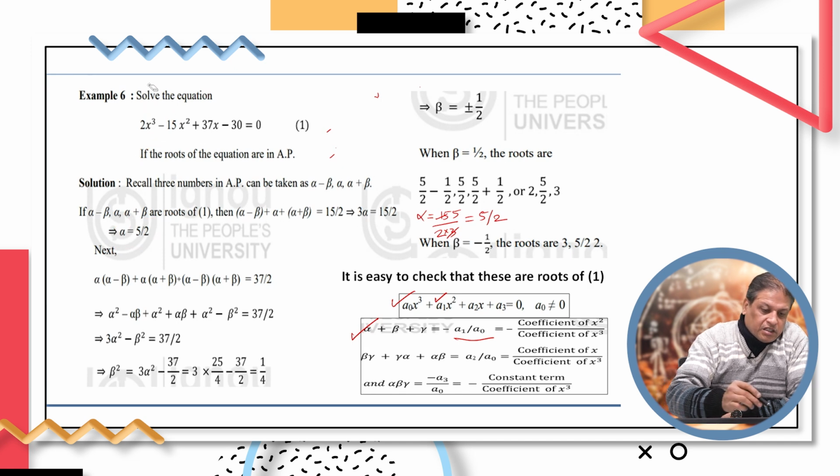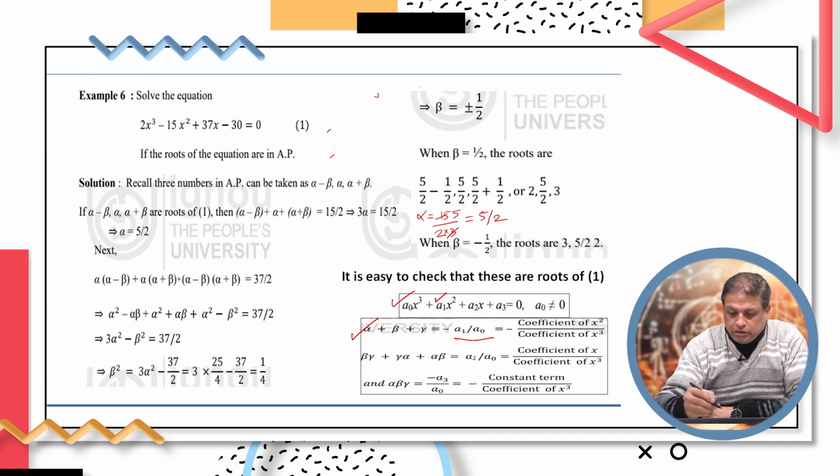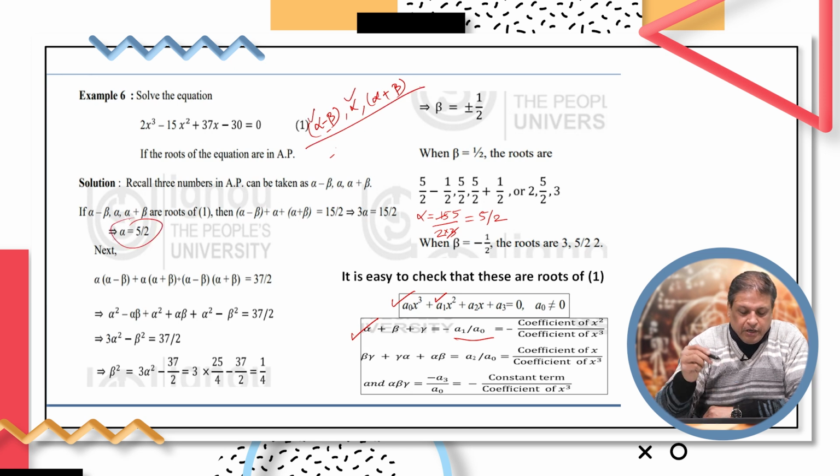Now, our next task is to determine beta, because then only we will be able to determine alpha minus beta, alpha and alpha plus beta, because these roots are in arithmetic progression. We already determined alpha, and alpha turns out to be 5 by 2. Now,